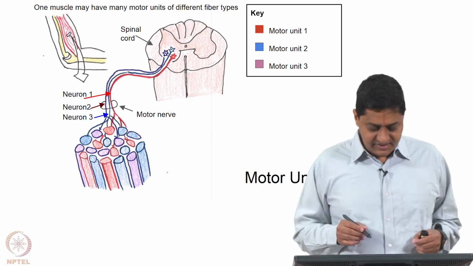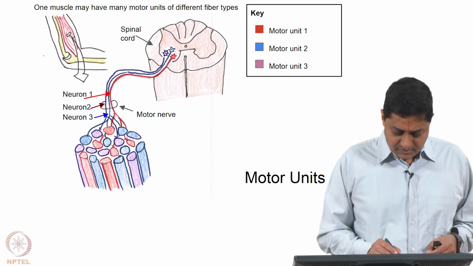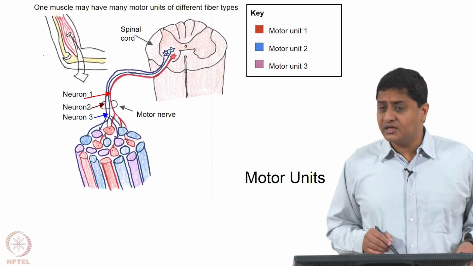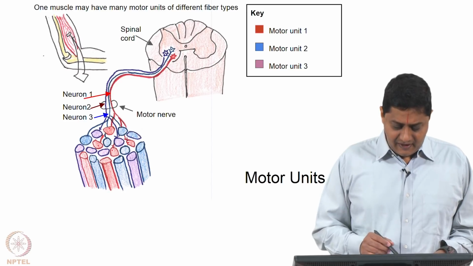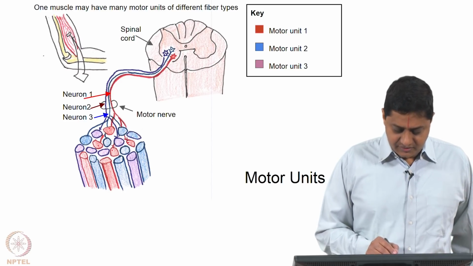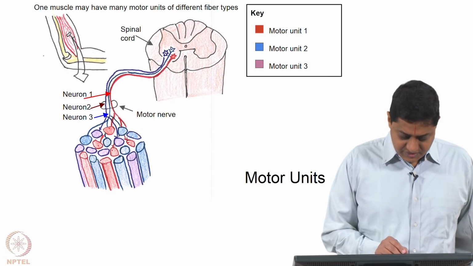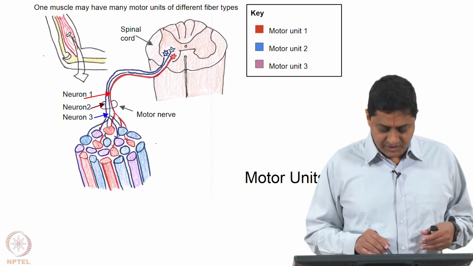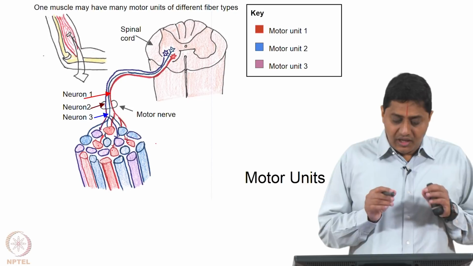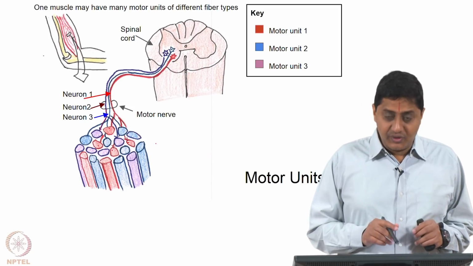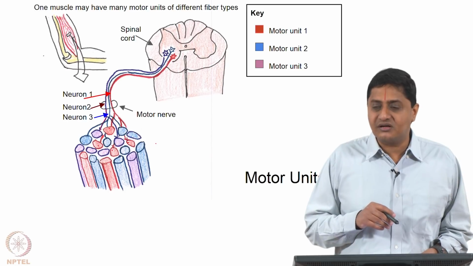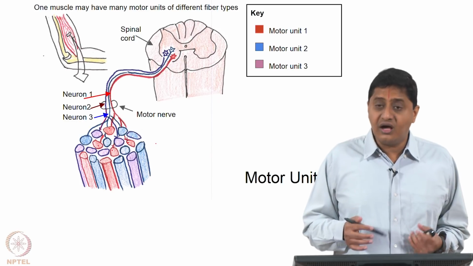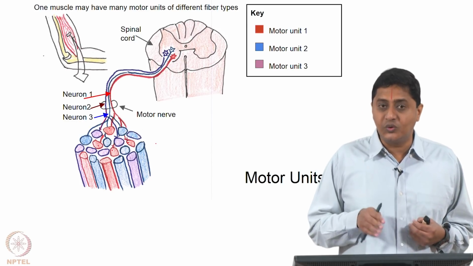What you see here is another example of the situation. There is neuron 1 that is here and that is innervating different regions in the muscle bundle, and there is neuron 2 here that is mixing in with what is already innervated by neuron 1, and there is neuron 3 which is again mixing in. If neuron 1 alone were to fire, only those fibers will contract; its neighbors need not necessarily contract unless its neighbor is also innervated by the same motor unit. It is also possible that both neuron 1 and neuron 2 are firing.